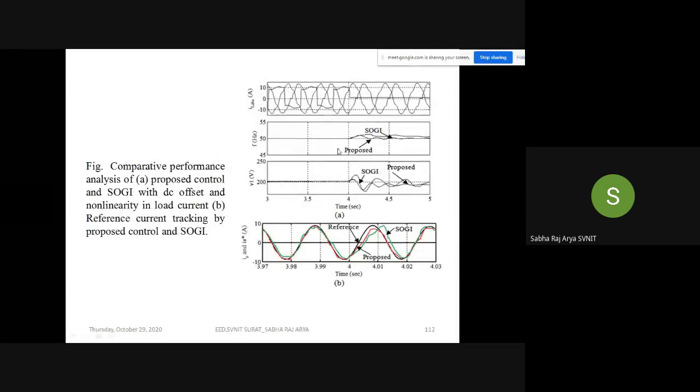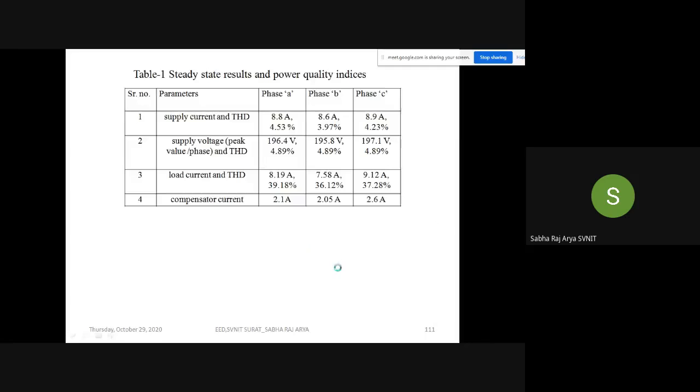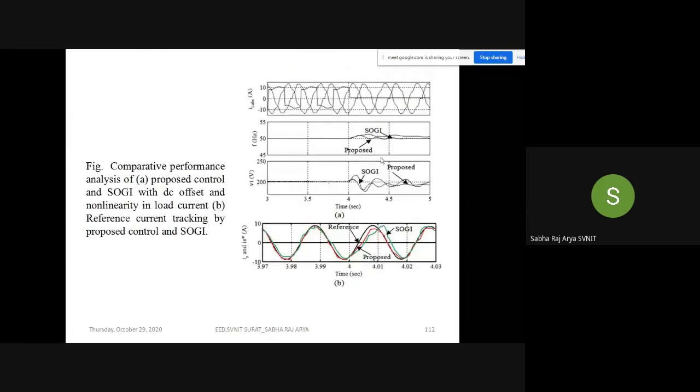Now the main thing is there, you can see these are the comparisons. Other thing, okay, this one you may get less than 5%, and whatever load is there, you can observe the power there. But the main thing is this one. By the proposed control, we can see the settling is somewhat faster compared to the previous. Based on those we can say whether our system is correct or not. Also you can compare the sensed reference signal, SOGI signal and proposed signal. Suppose hybrid order generalized integrals are there like that. In that way we can say